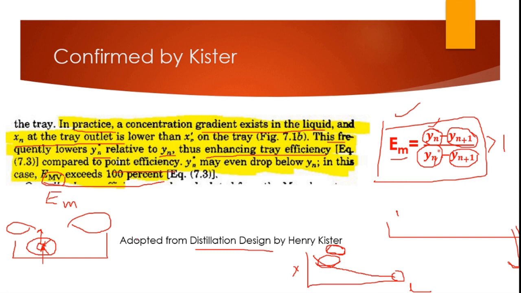We do not care what is happening at any other point. Basically, in your Murphy efficiency, you are taking the whole average along the tray, due to which the high concentration gradient region comes into action, which overpowers your Y star corresponding to the Xn at the outlet. But in point efficiency, that does not matter, because you are only focused on one point. You do not care about the high concentration gradient at the initial stage. Every concentration is with respect to that initial point and not the average, which actually includes the concentration gradient. I hope this is clear to you.